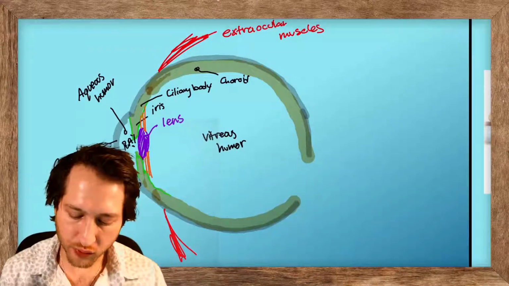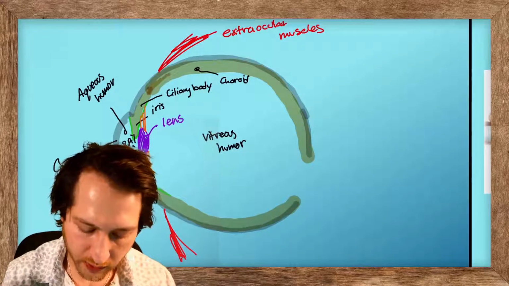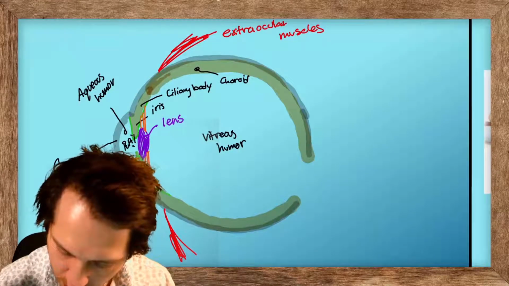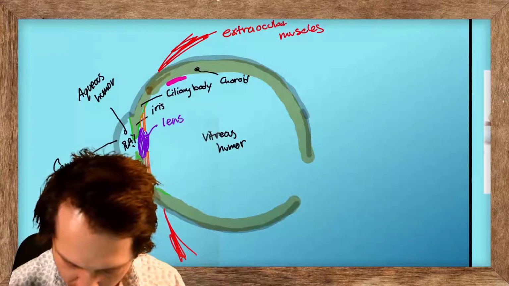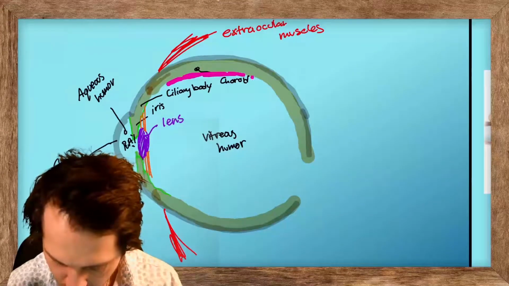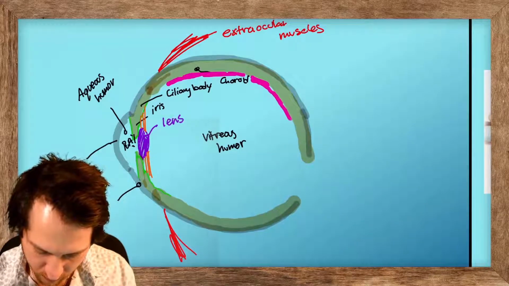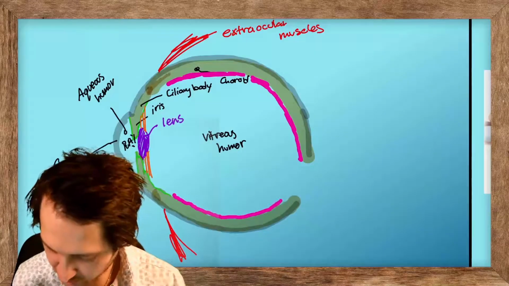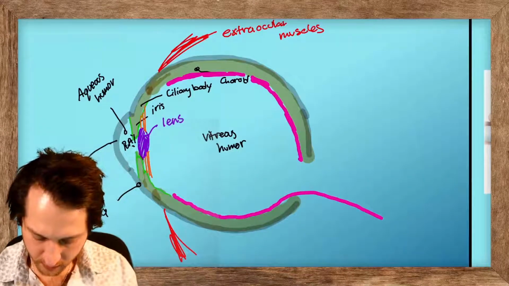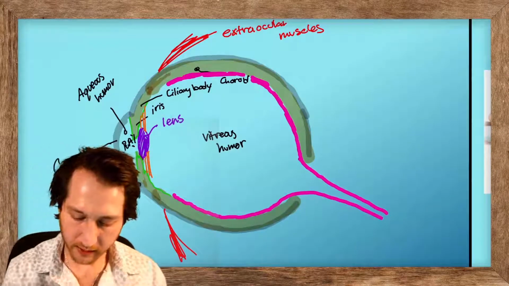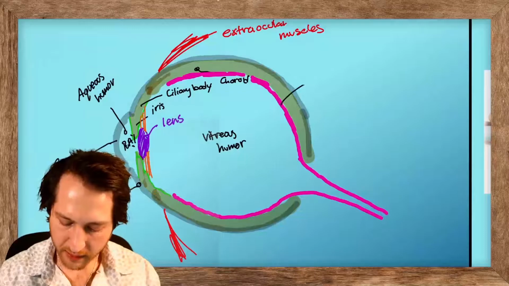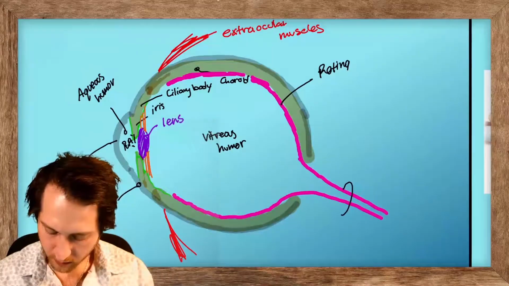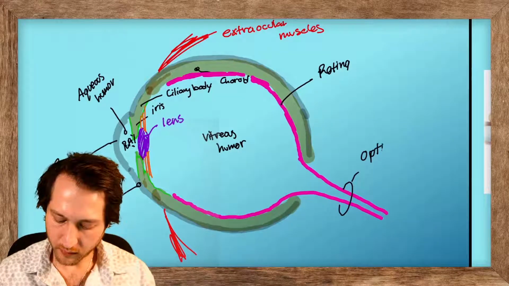And now let's go ahead and draw the retina, the neural portion. So I'm going to do that with a bright pink color. So we have the retina, the photoreceptive layer, and then the retina, remember, gives rise to the optic nerve. So the optic nerve is going to be coming out the back. So let's go ahead and label this. We have the retina, the optic nerve,